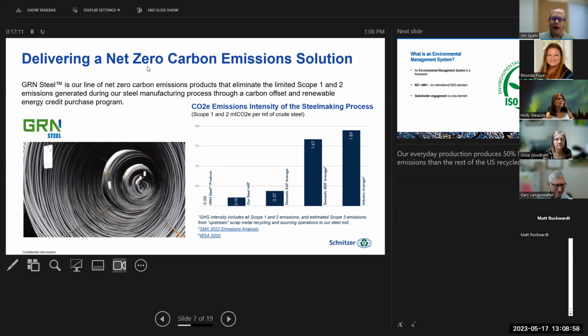We have a new product that we're very proud of that takes that environmental advantage we have a step further. So green steel is our new line of net zero carbon emissions products that some of our customers are very interested in. If you have a customer that's building a LEED certified building, an environmentally friendly building, then they want to reduce the carbon footprint of their construction. They can do that using our green steel product because we have offset what little emissions we have compared to virgin steel products by purchasing carbon credits. And so our green steel product has net zero carbon footprint, whereas our regular steel mill is